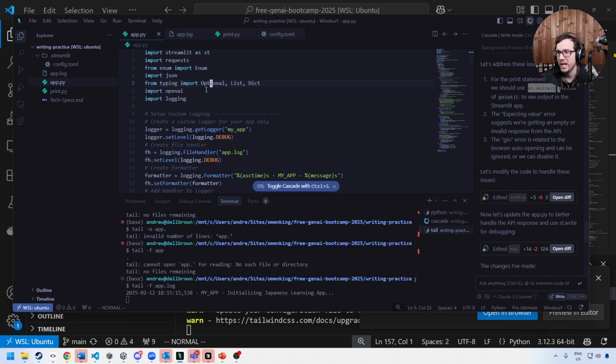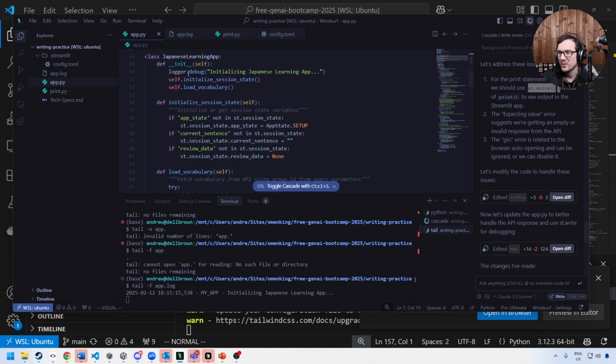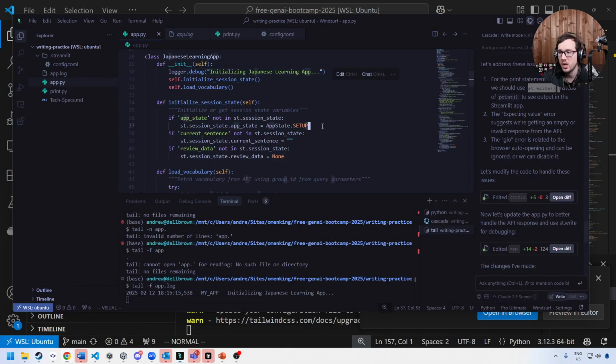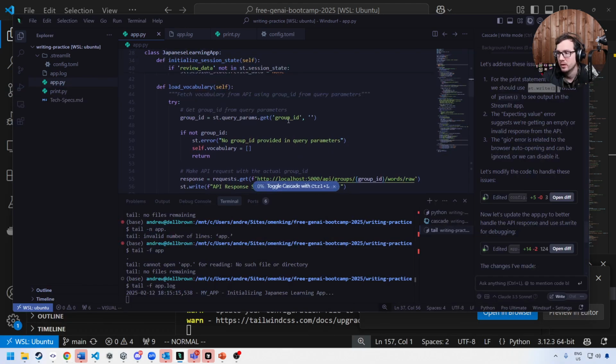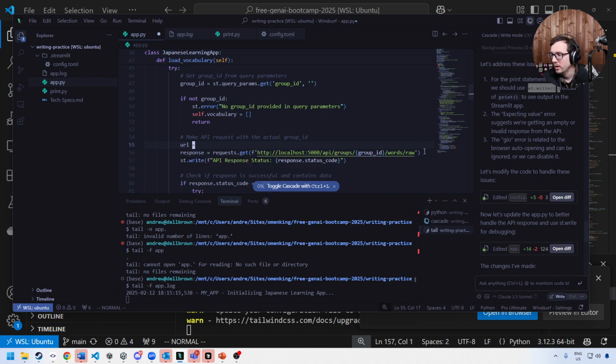So what I'm going to do is go back over to here. This is like an old DevOps trick. So we have the logger here, right? And the real question is, we're getting a 404 if we go back to the app. So we said response 404, but we want to know what's going on here. 404 means that it couldn't find it. So here we can see the address, and I might just say up here URL,